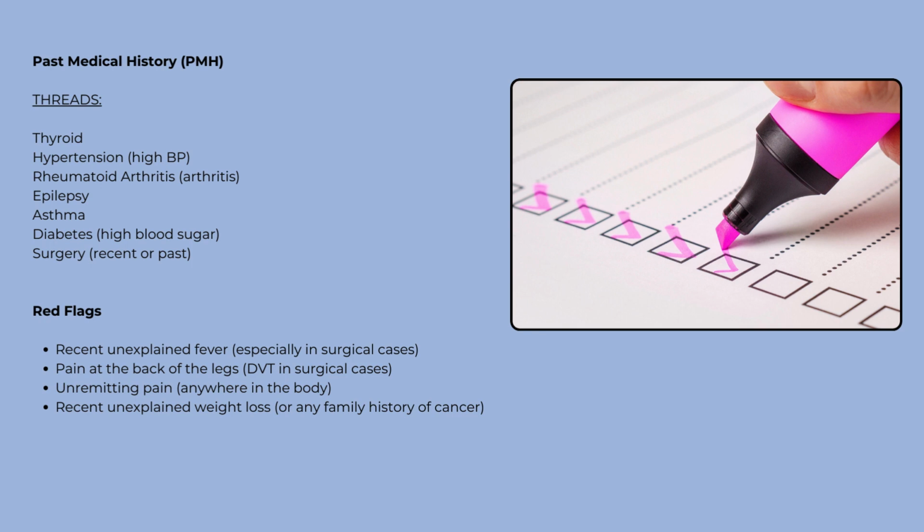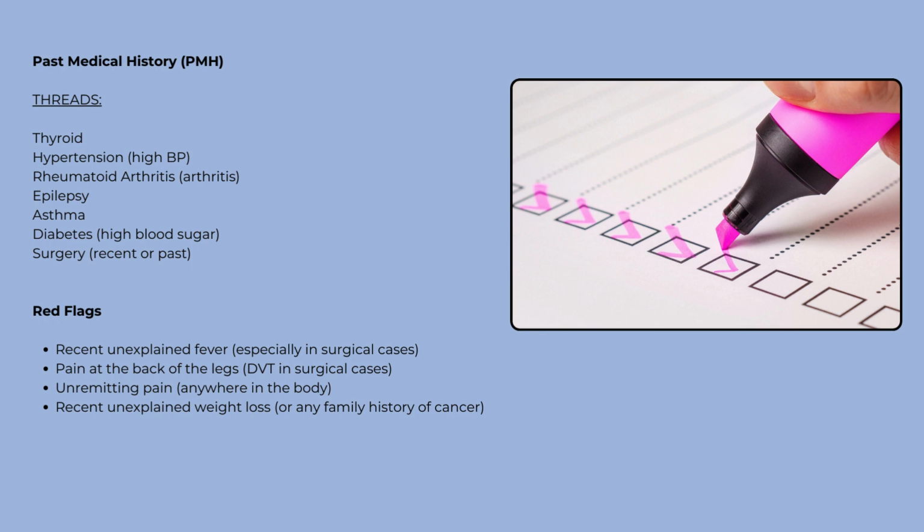So the standard red flags would be, let's say you can ask, have you had any unexpected weight loss? Or is there any family history of cancer? There's no point in you asking, do you have any bowel or bladder problems for a patient who has shoulder pain? So you could ask, do you have any unremitting pain, any pain that is not settling down,